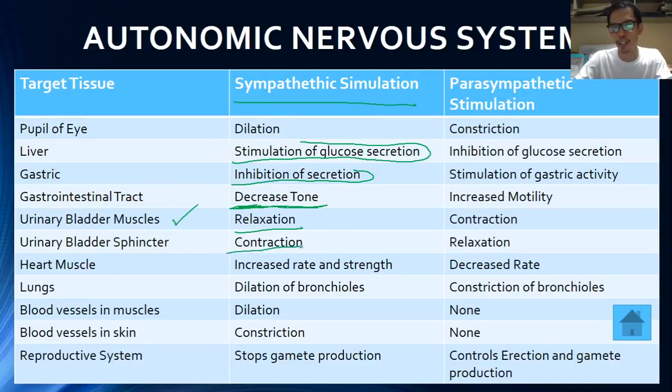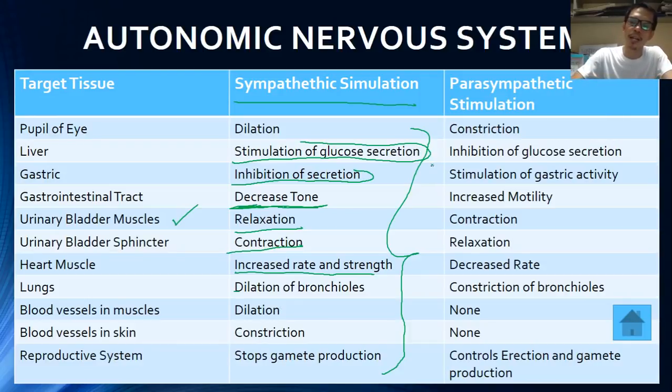Also the sphincter is controlled, and the heart muscles are controlled. So as you can see here, the control by the sympathetic division is for emergency. The movement of the organs here is relatively for emergency. Meanwhile, in the parasympathetic division, what it does is